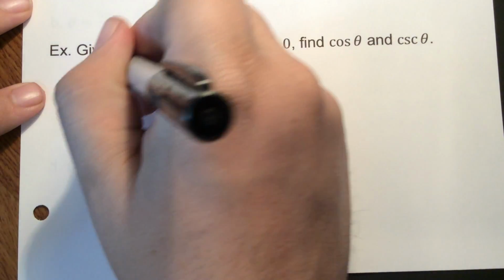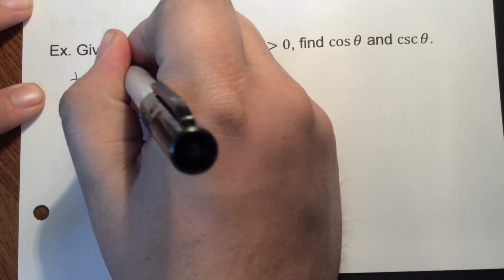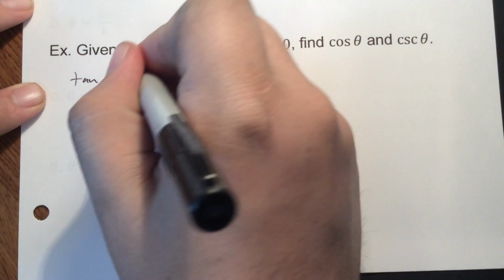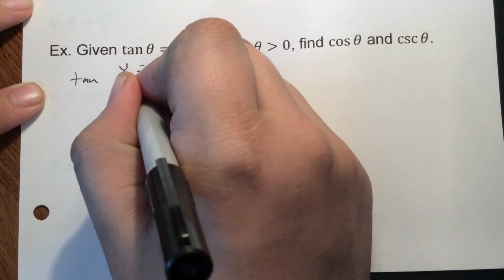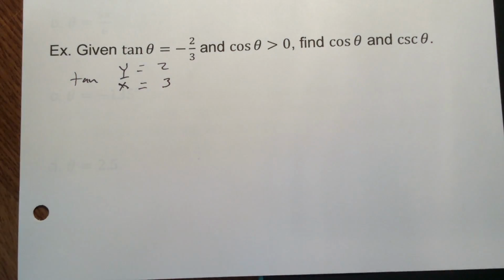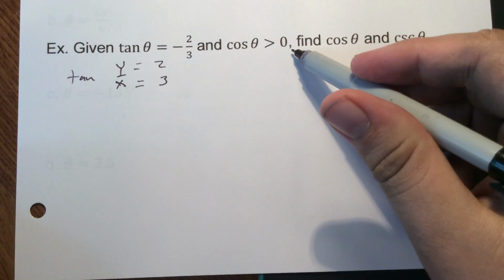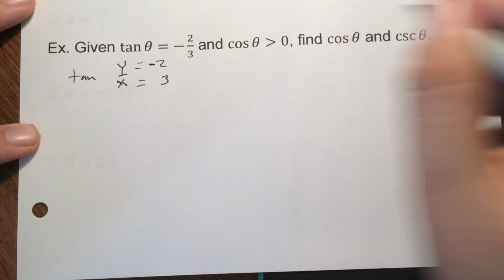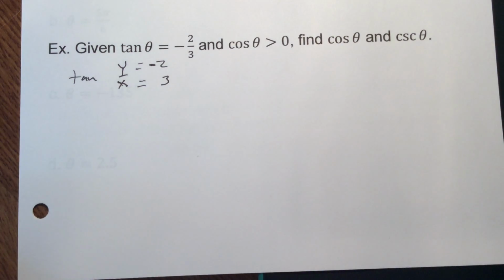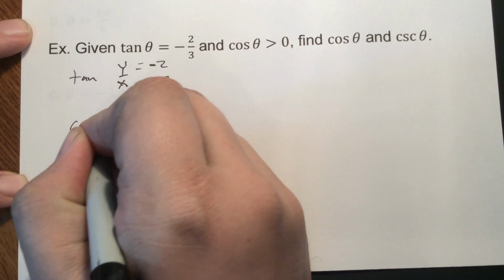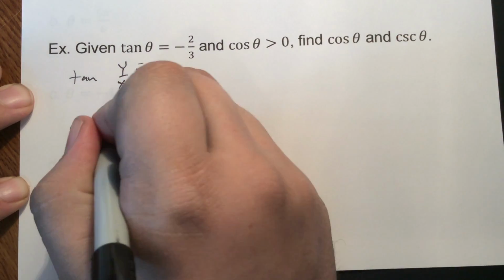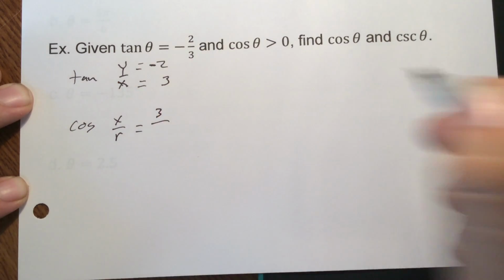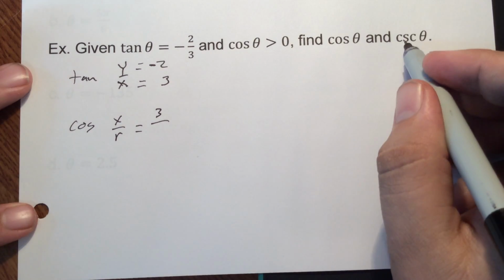Okay, so tangent, first I'll remember, is y over x. So this is where we go, okay, well, y then has to be 2, x then has to be 3, but which one gets the negative? Well, if cosine is positive, cosine is the x. That means the x has to be positive, so the y then has to be the negative part of this. So cosine, well, cosine is x over r. So we know we have the 3. We're going to have to find what r is. Cosecant,